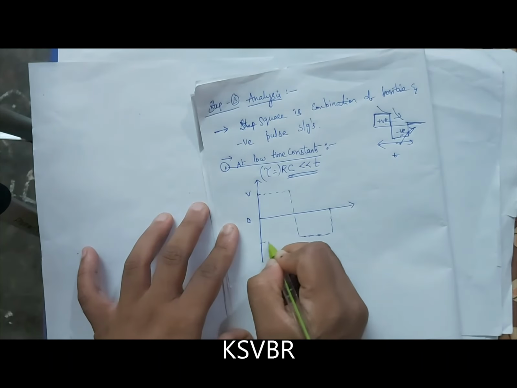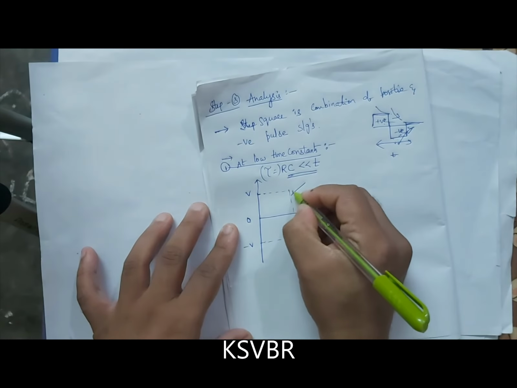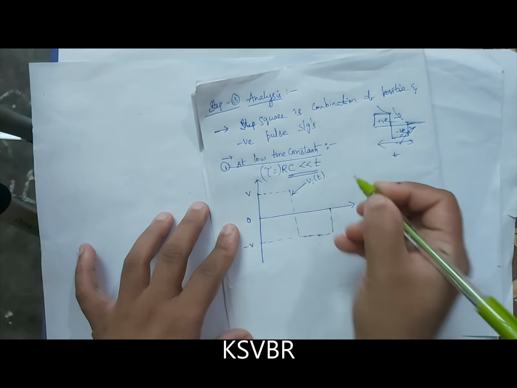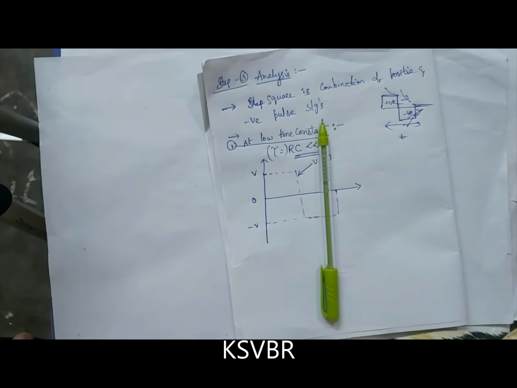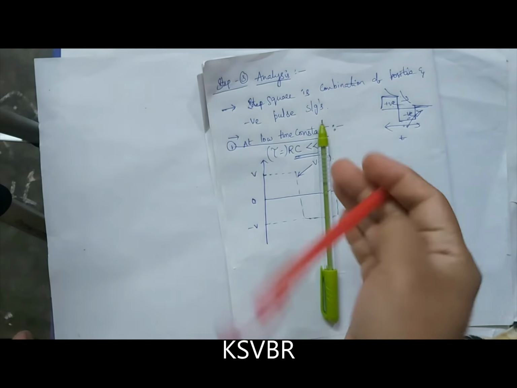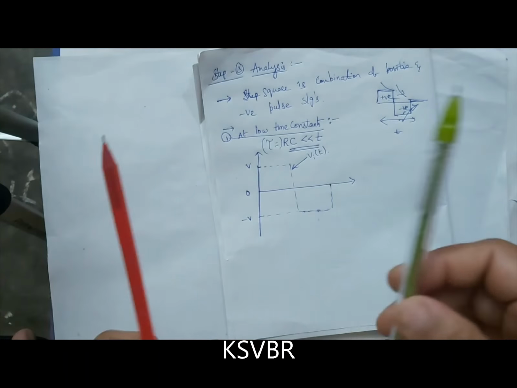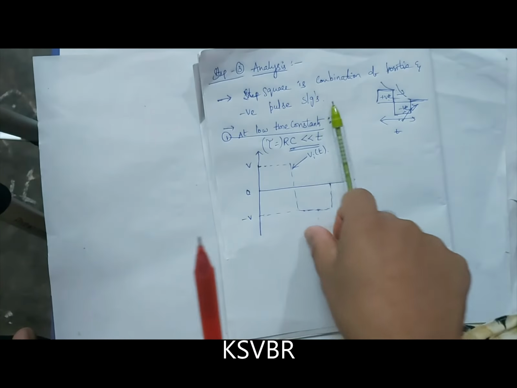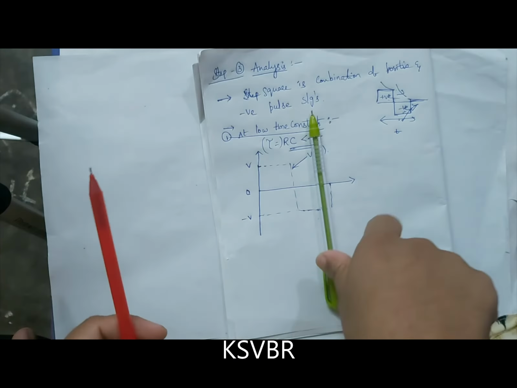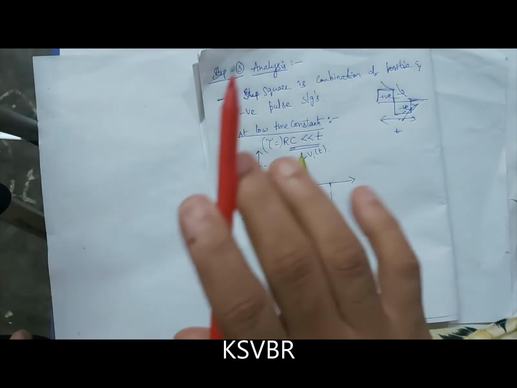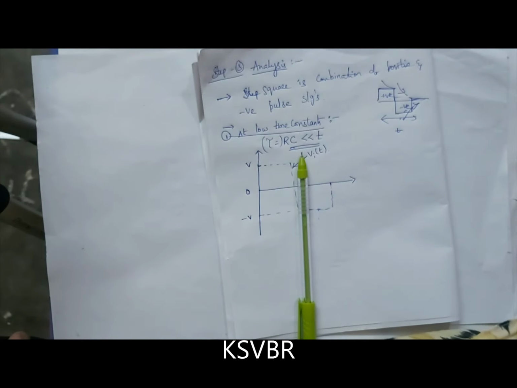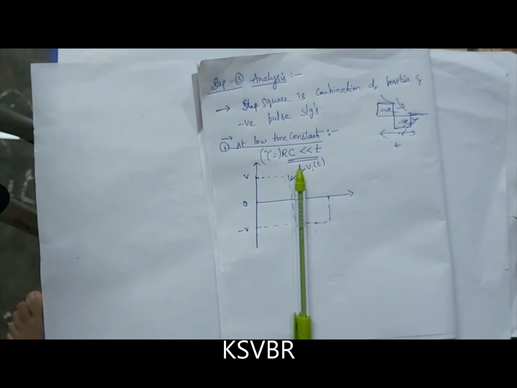Zero, V, this is minus V, this is our Vi of t. I am just keeping it in dotted line. To be more clear, I am taking 2 pens. To represent input I am using a blue pen, and to represent output I am using a red pen. In exam also do the same thing. You write dotted lines with pencil or one blue color pen and represent output with black color, or else with any stick pen like violet or blue. Okay, it will be more clear.